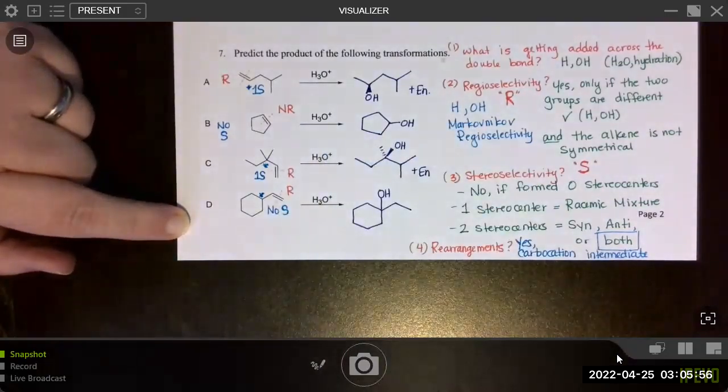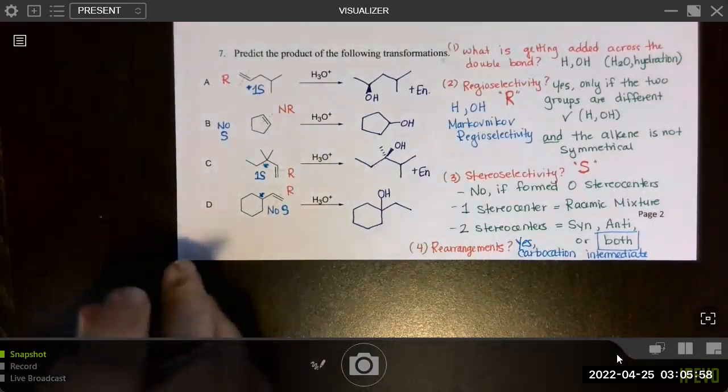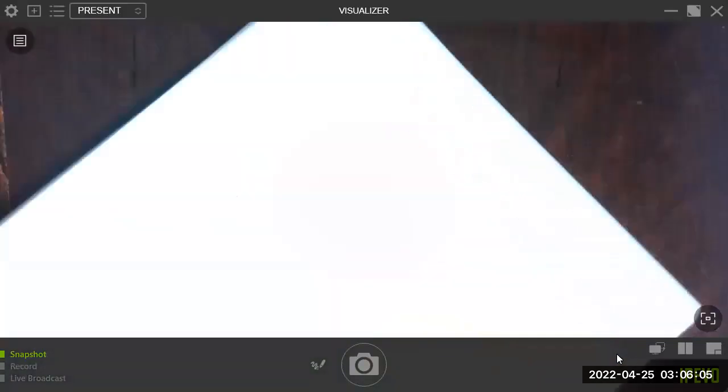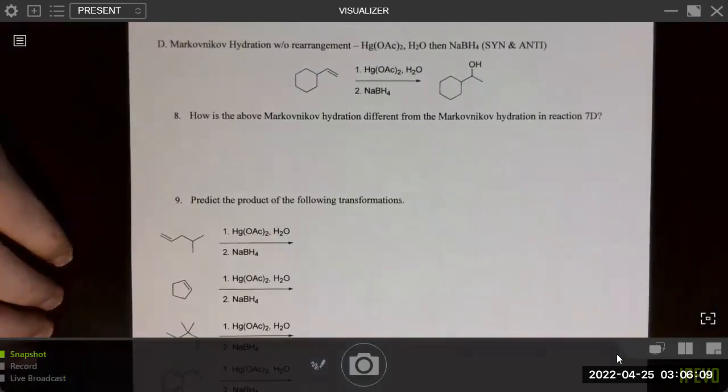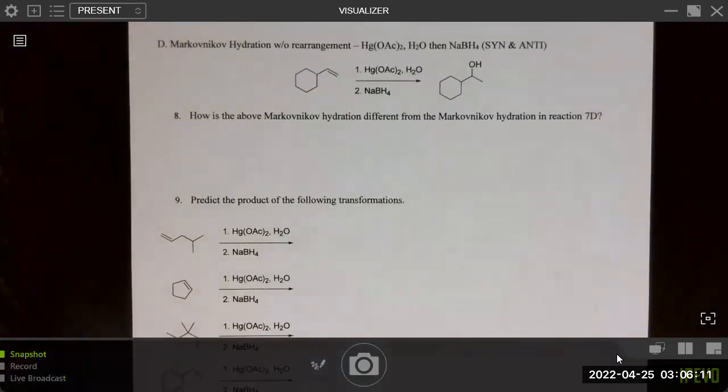So we can just draw it like this. Okay. So remember, you really do need to remember your mechanisms to be able to draw these products. It makes it a whole heck of a lot easier. Students who try to just memorize everything end up forgetting stuff on the exam because it's just so much to try to memorize. So it's better if you understand mechanistic rationale, right? How is the mechanism going and how does that help me draw products?